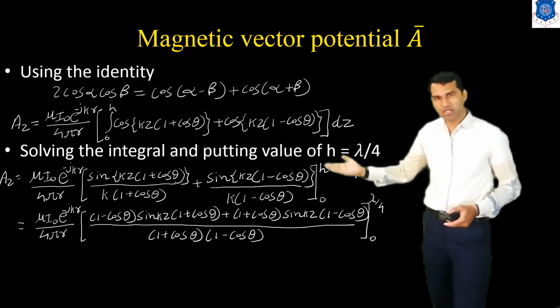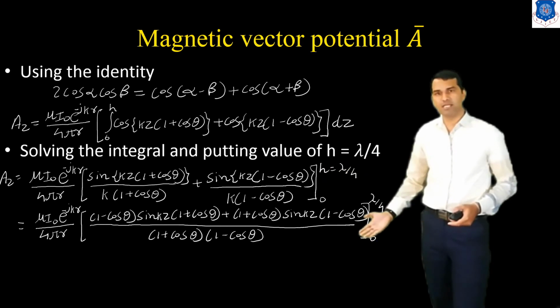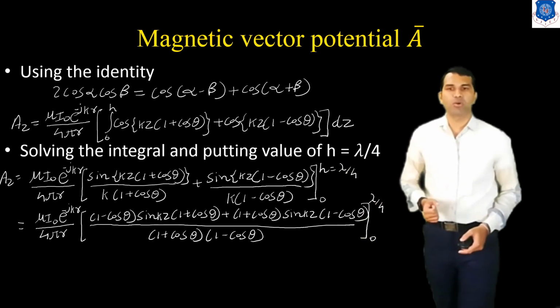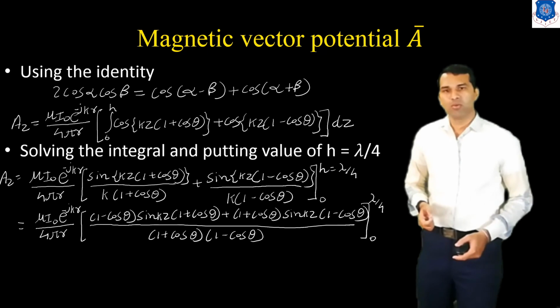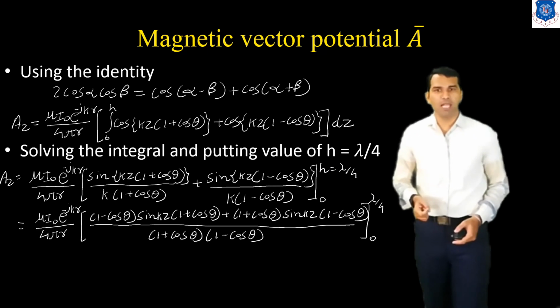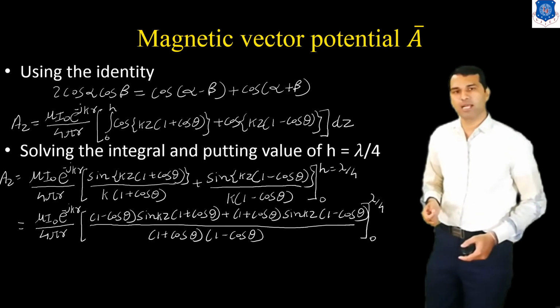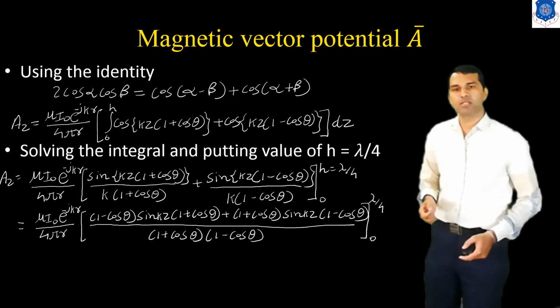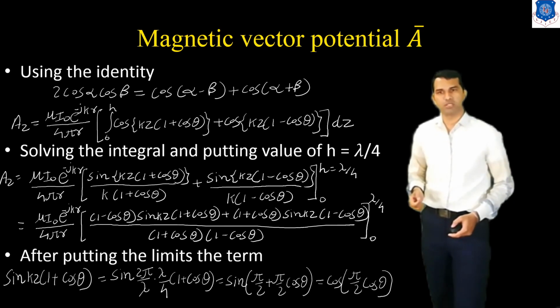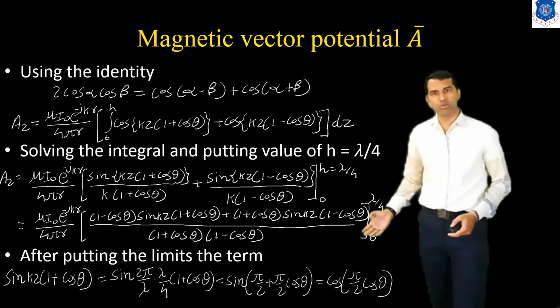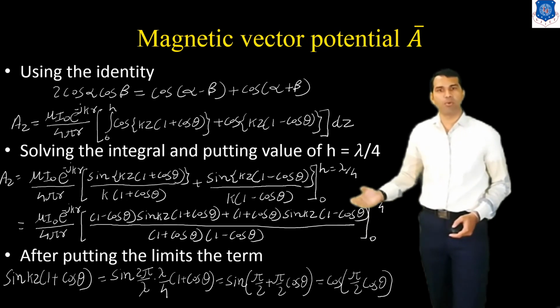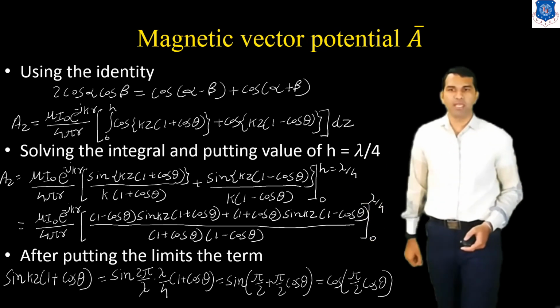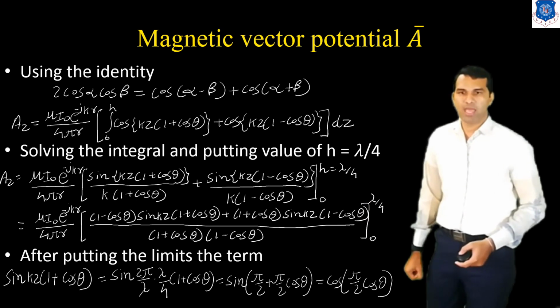So now we solve this equation. We can write this equation as (1 minus cos theta) sin kz (1 plus cos theta), and (1 plus cos theta) sin kz (1 minus cos theta), over (1 plus cos theta) and (1 minus cos theta). And after putting this limit, that means lambda by 4 to 0, we get this term as a